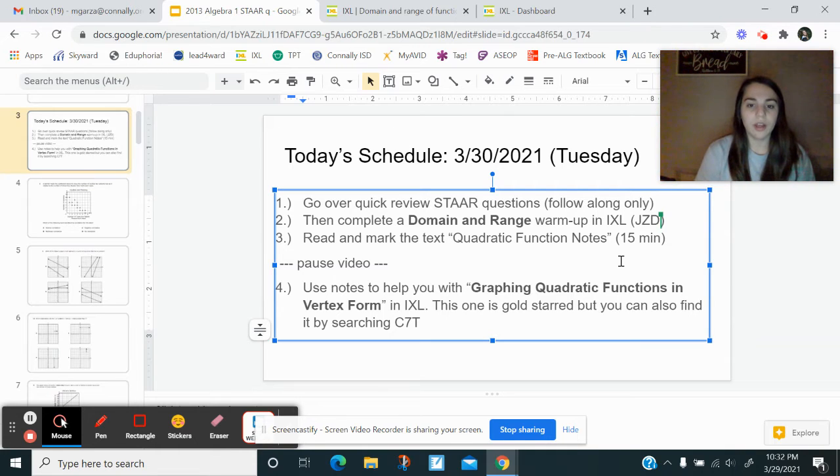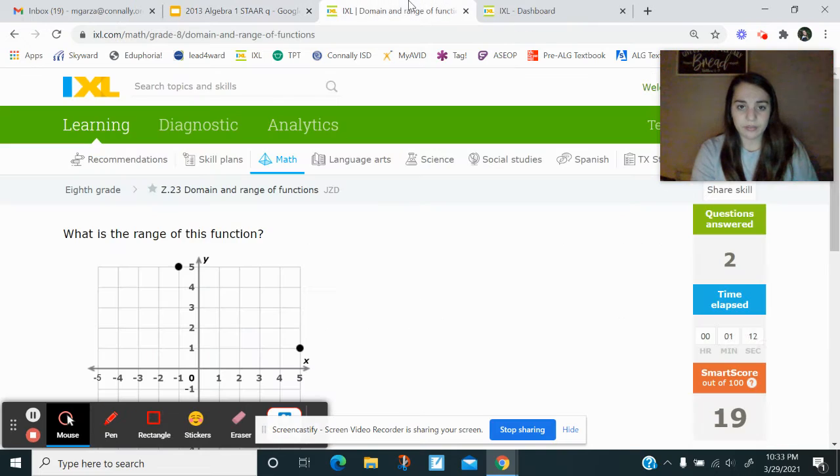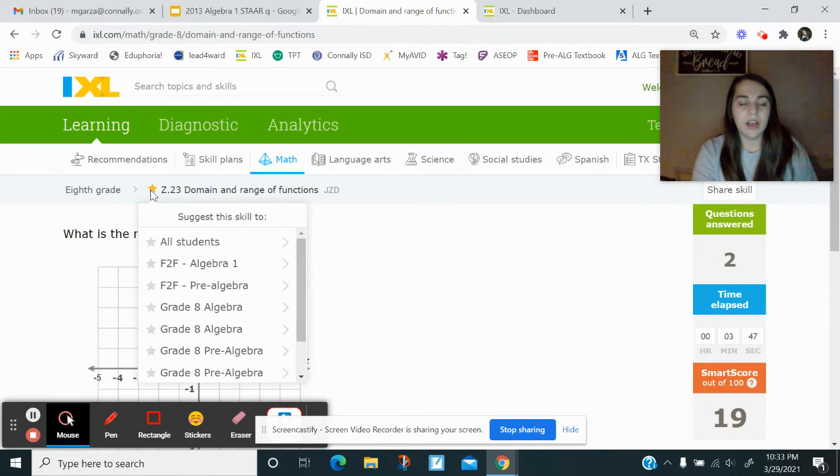All right, so after you've read those, the last thing you're going to do today is use the notes to help you with graphing quadratic functions in vertex form in IXL. So I'm technically gold starring it for you. When you open up your IXL, you'll see a gold star to the side. You'll go to that and